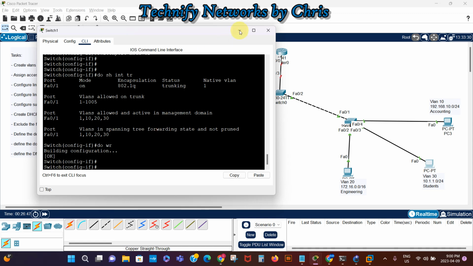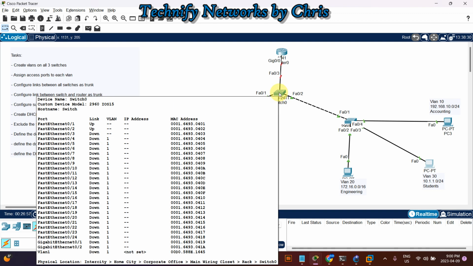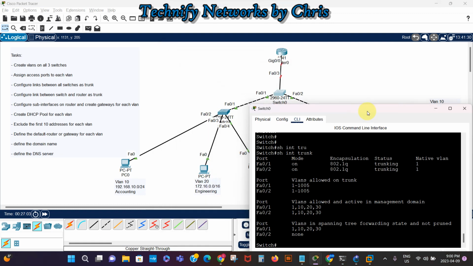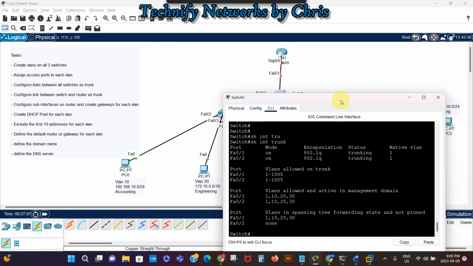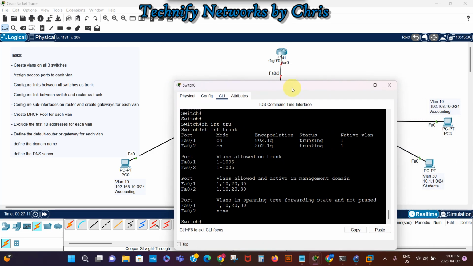So what's next to do? Here, configure links between switches and between switch and router as trunk. Yeah, that's done already. I'm just gonna verify. So we should have 3 trunk links here. Okay, because the link is down, it's not showing F0/3